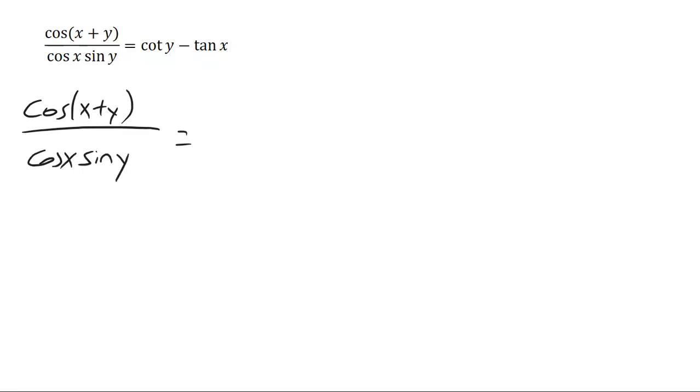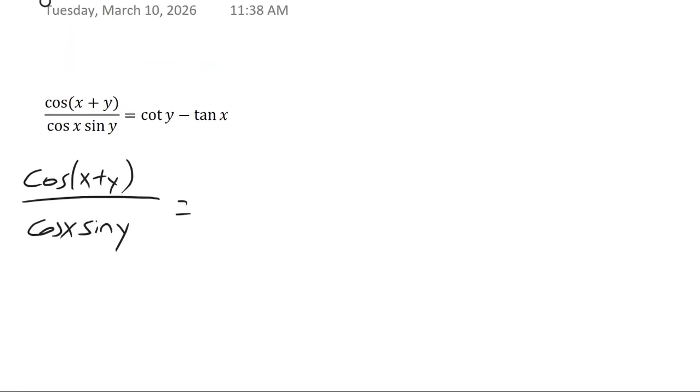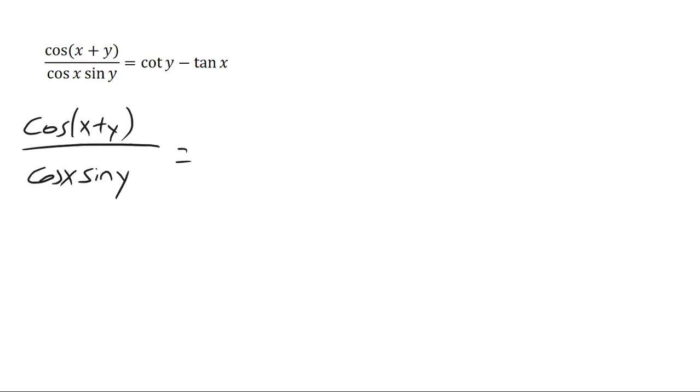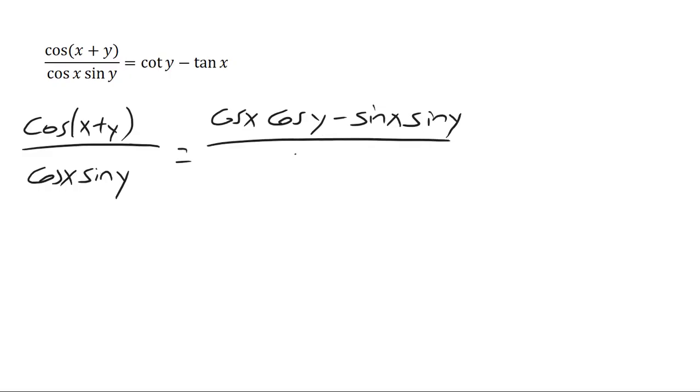So we can use the identity: cosine of x plus y is cosine x cosine y minus sine x sine y, over cosine x sine